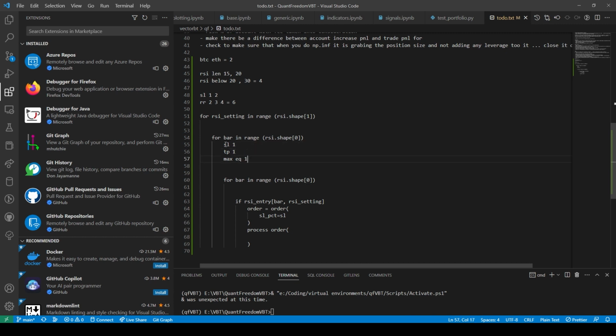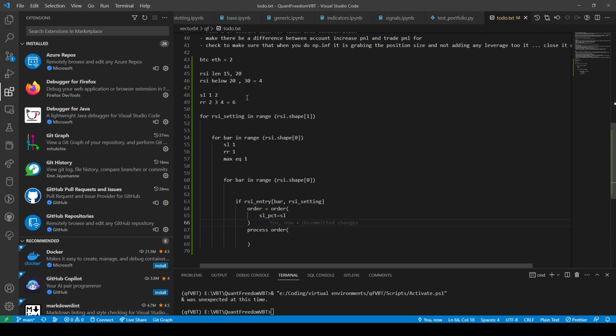So now your stop loss or your risk to reward here. Now what you would do is you first tested stop loss 1, risk to reward 2. Then you come back up into here, you change it to stop loss 1, risk to reward 3 by going into 1 here.